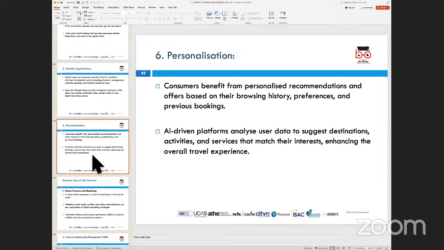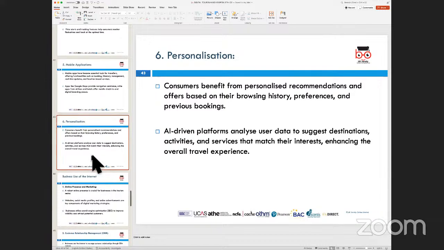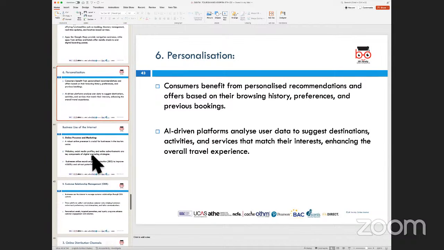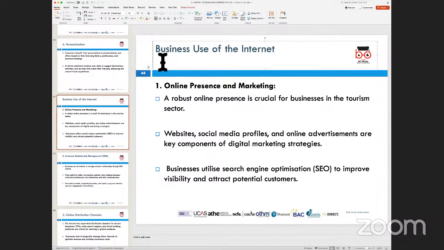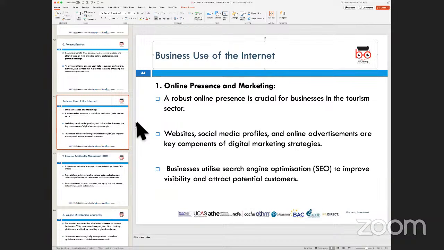These are the destinations which are coming up, and you could be the first to book and get the advantages of prices. Those bits of things typically you would see are happening through the use of technology. And when we look at how that is the consumer benefit, now when we look at how the operators or people who are working within this sector as businesses are benefiting, we again use some of the points like the use